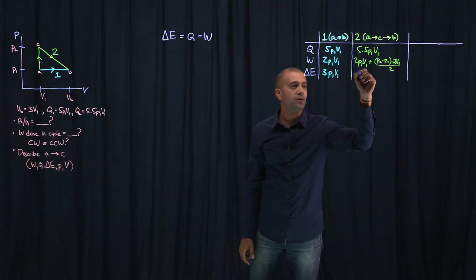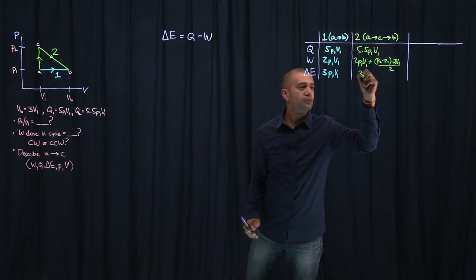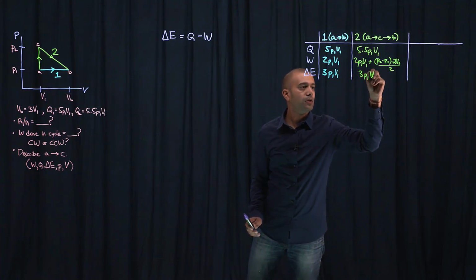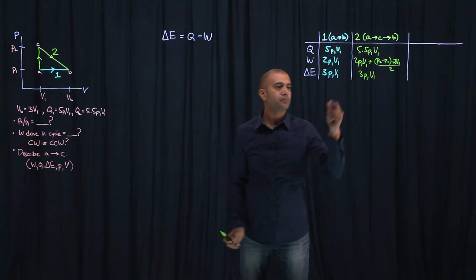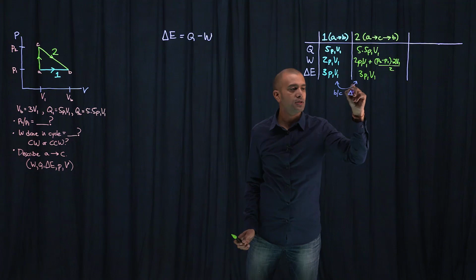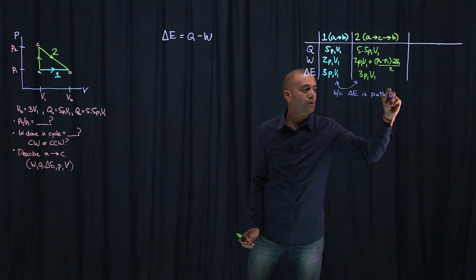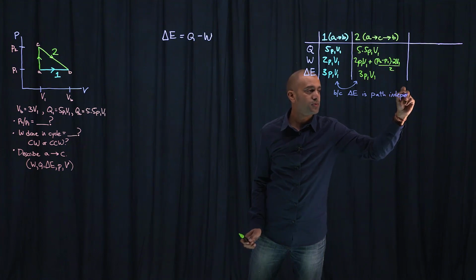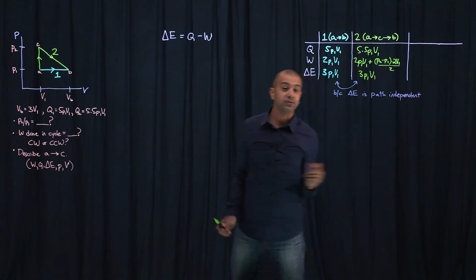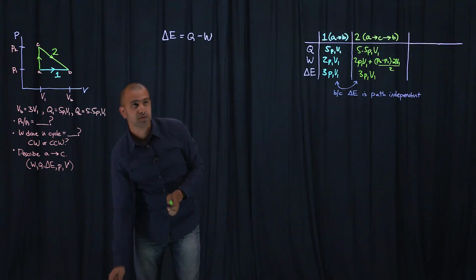So I can actually plug that in over here. So let me write that in green. So this is 3p1v1. And the reason we know that is because delta E is path independent. This is always very useful when they ask you to compare paths with the same endpoints. Delta E will be the same, so if you know it for one path, you know it for all paths. Now we can just use the